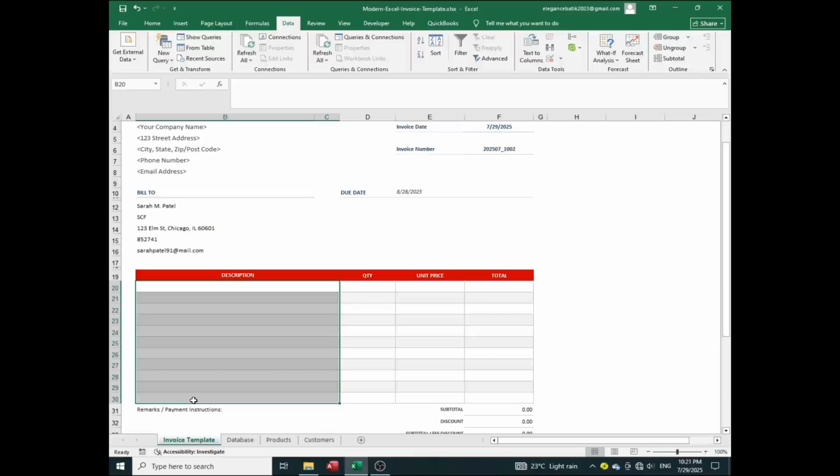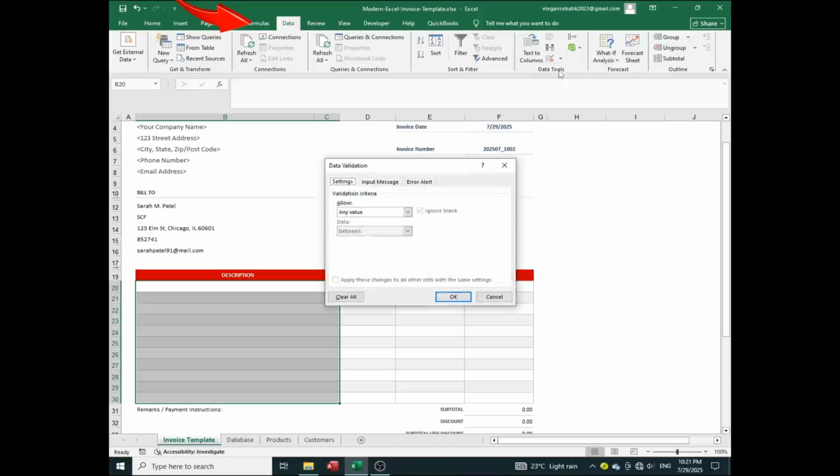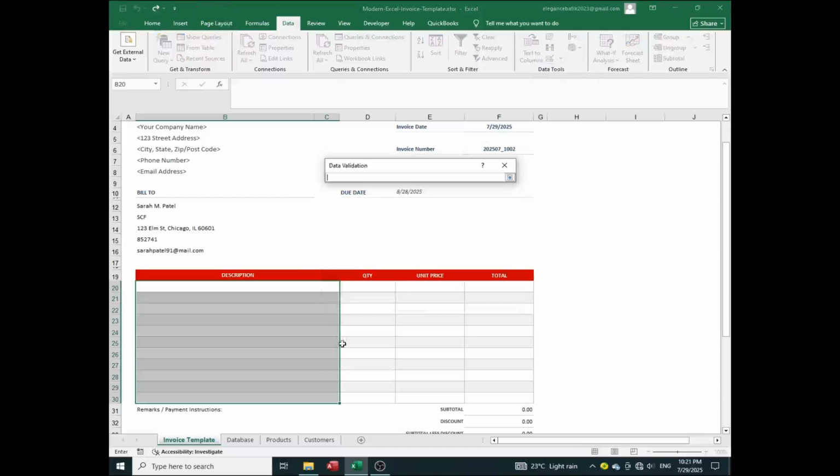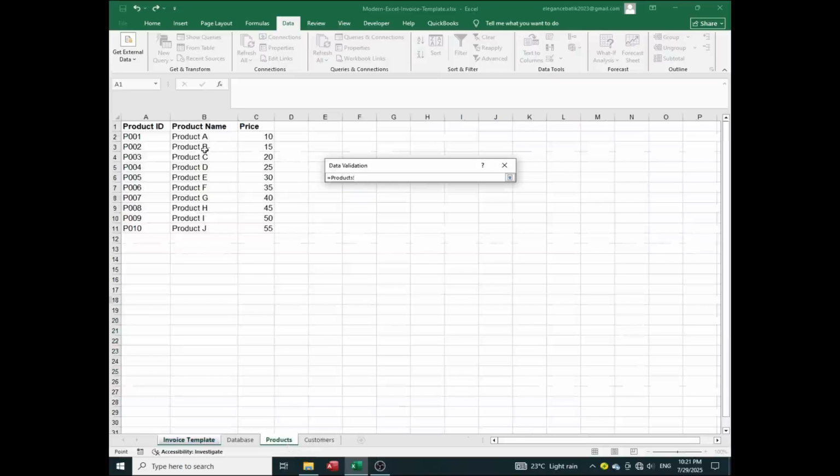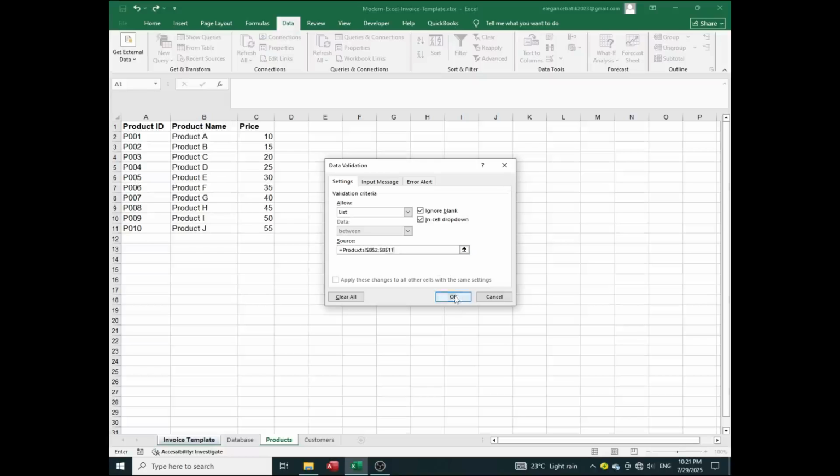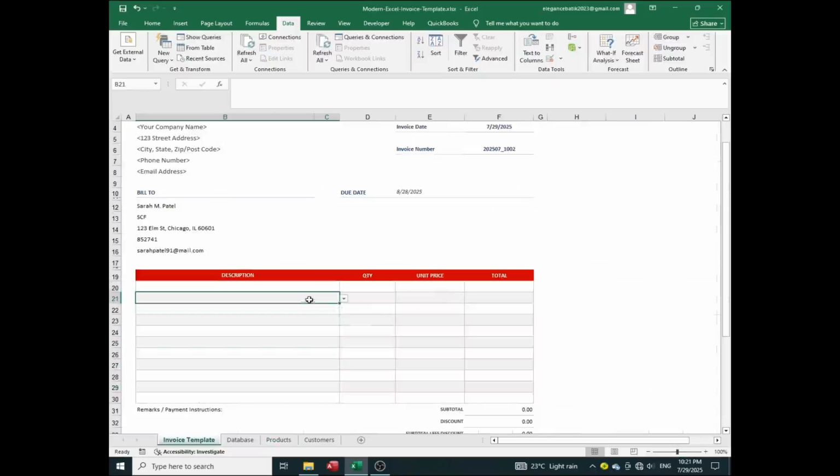Then again go to the data tab and select data validation. There again select list from this drop down list. Now again click on this arrow and go to the product sheet. Then select the products like this. Then again click on this arrow. Then press OK. Now you see we have product details. Now I want to populate unit price according to the